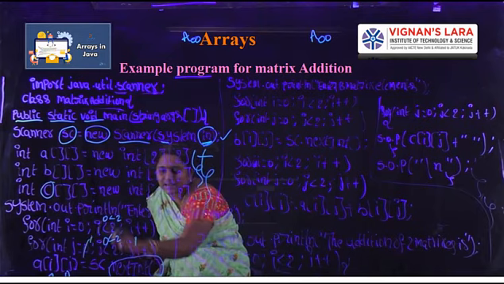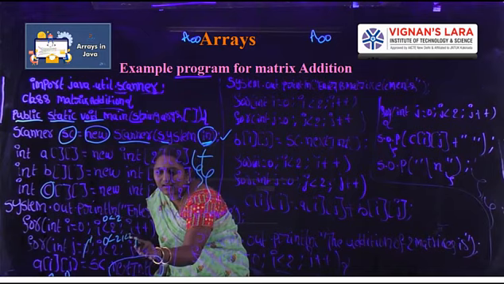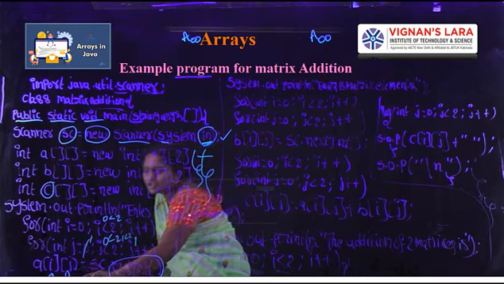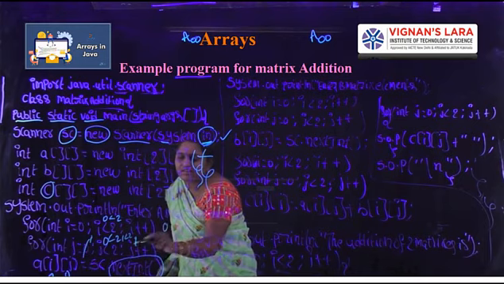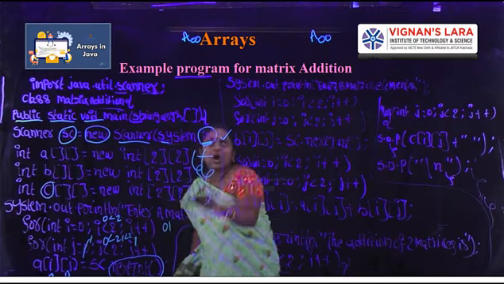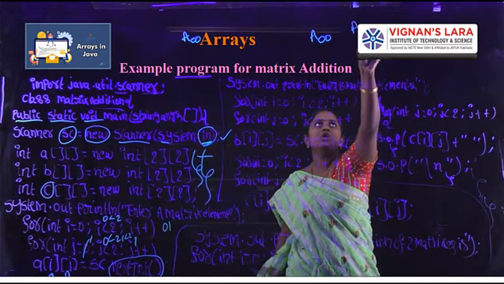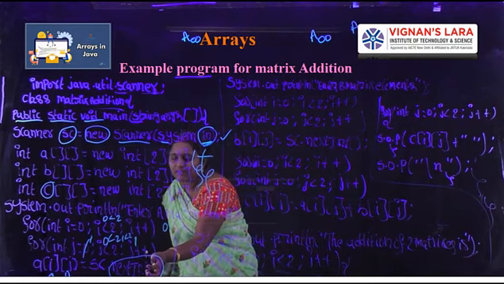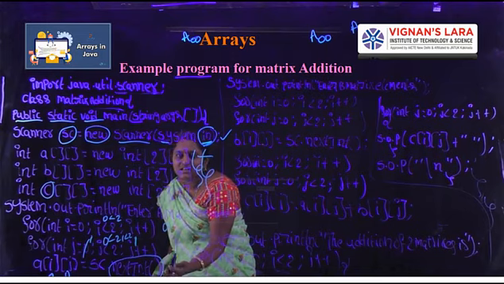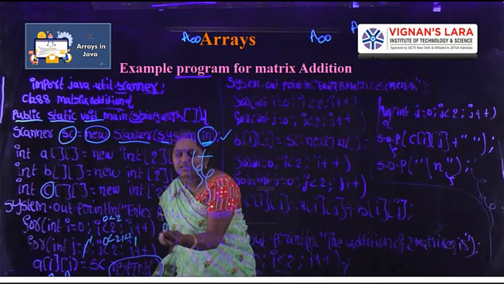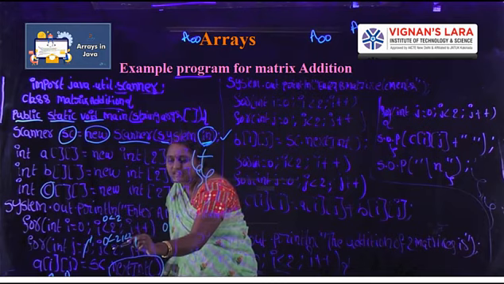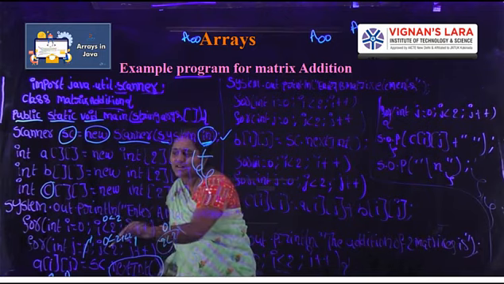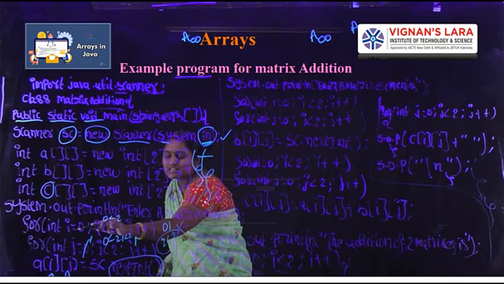Next it again checks the condition, 1 less than 2. Is it true or false? True. What is the i value? 0. What is the j value in this iteration? 1. The next element is A of 0, 1. Next it again checks the condition. The j value will be incremented: in the previous iteration the j value was 1, now j value 2. Again it checks the condition, 2 less than 2. Is it true or false? False.